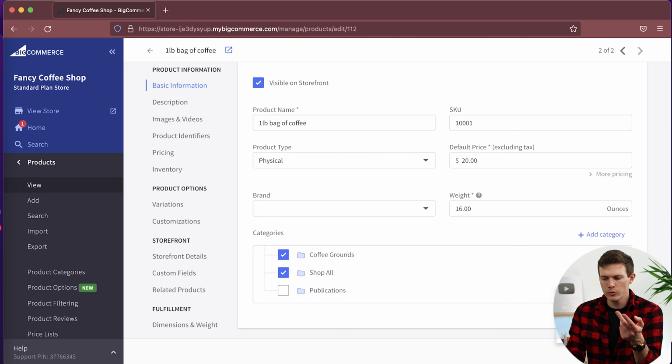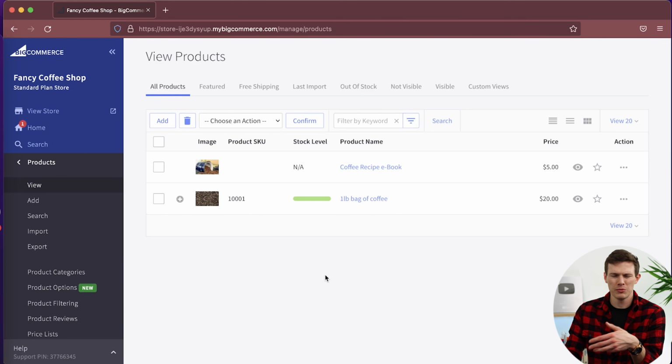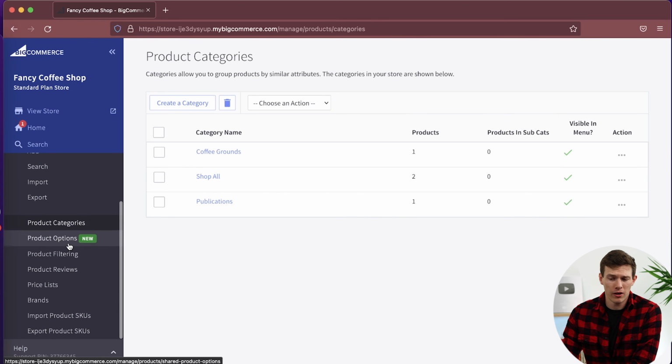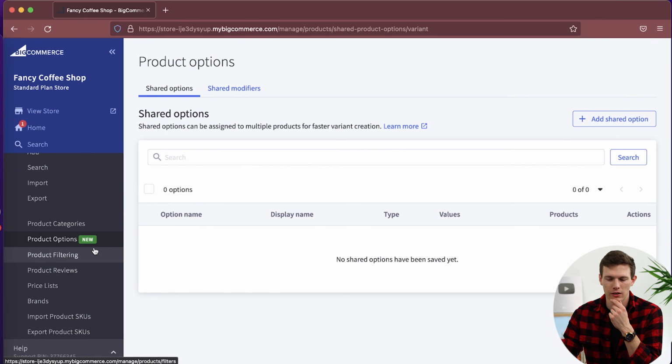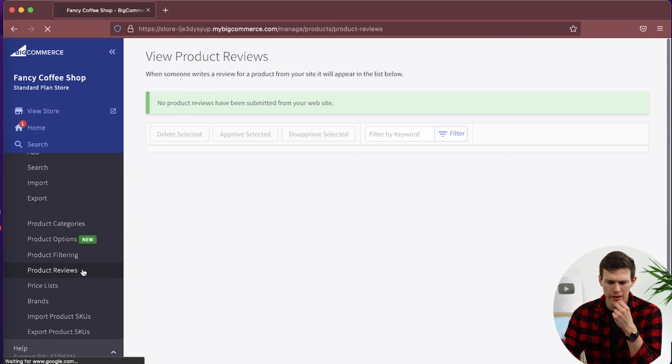We can save and add another, we can save and view products, and it's just going to be a quick little shortcut to do two things at once. Going down, we have some other items within the products tab as well, and this includes things like product options, which is a little more advanced. I'm not going to cover that in this video. Same thing with product filtering,